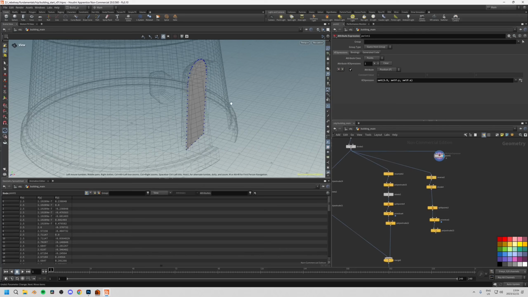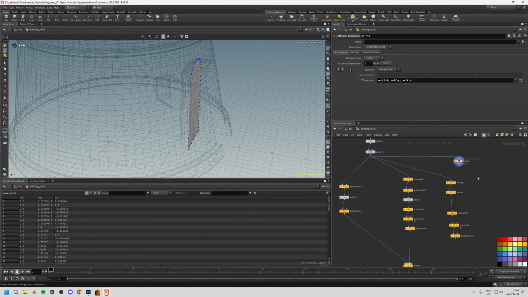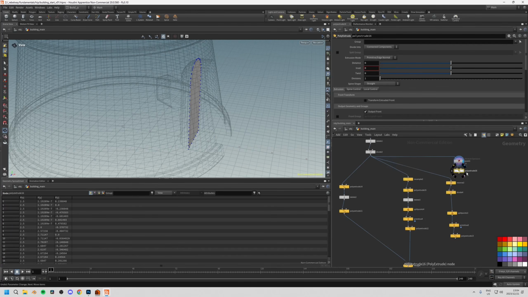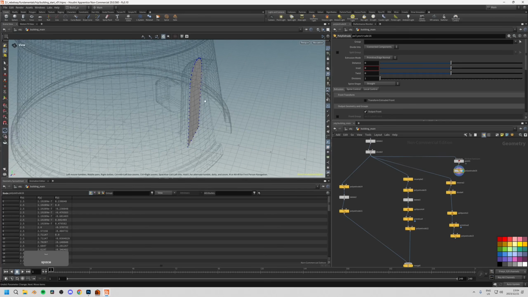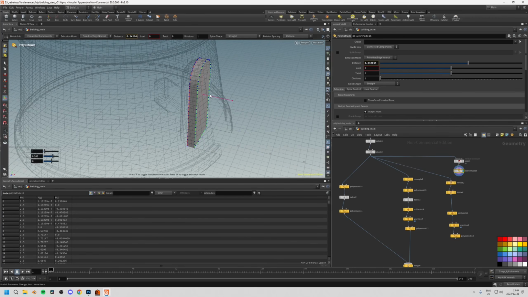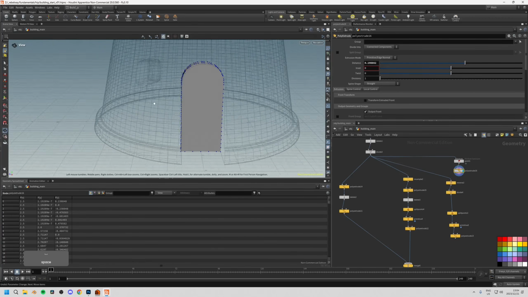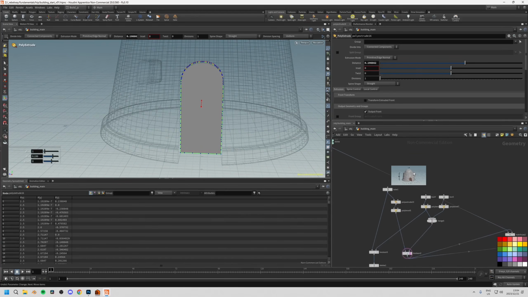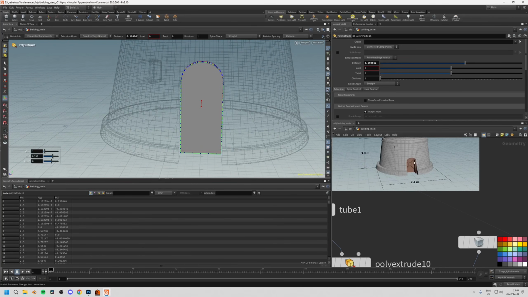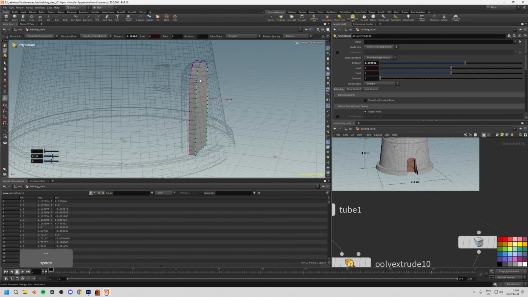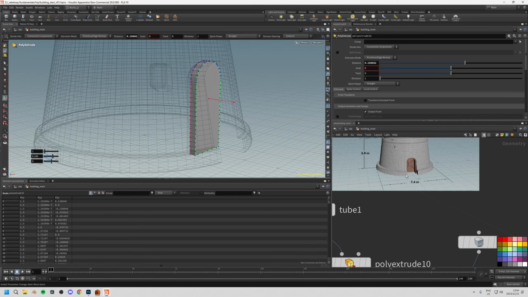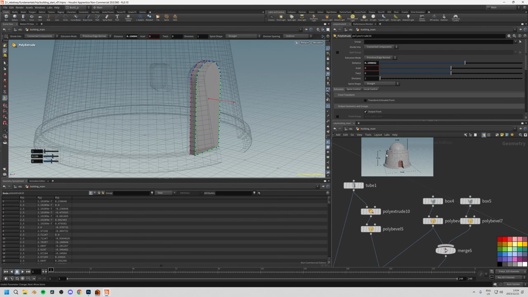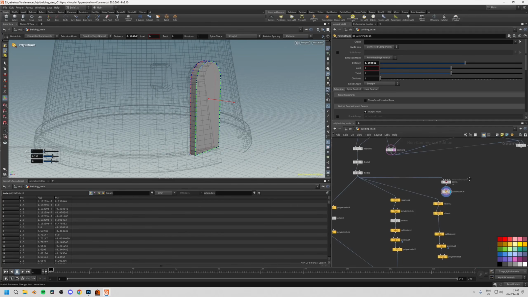Now I just want to extrude this out a little bit so the door's got a bit of thickness. So we're going to do our poly extrude again. Connect this up, and let's view it, and then we can just extrude outwards a bit. I'm going to make it quite thick. And what we want to do is we want to take to our reference again. We've got these panels, and I actually want to inset the shape into this panel, into this door. So we're going to make it quite thick, and then I'm going to create geometry that we're going to boolean into this. And to create that rough shape, what we're going to do is